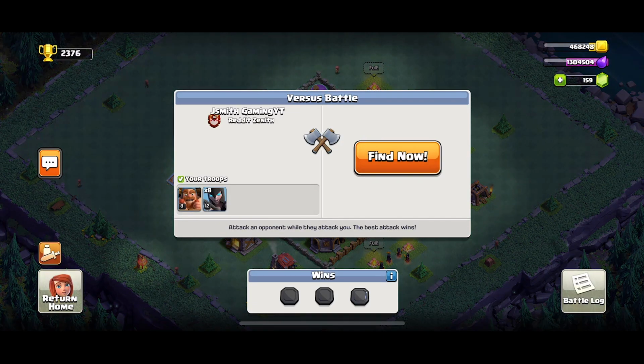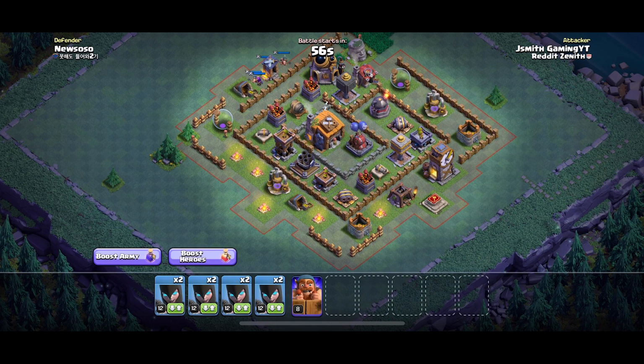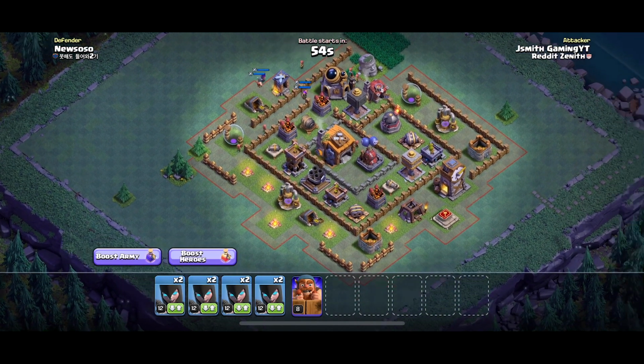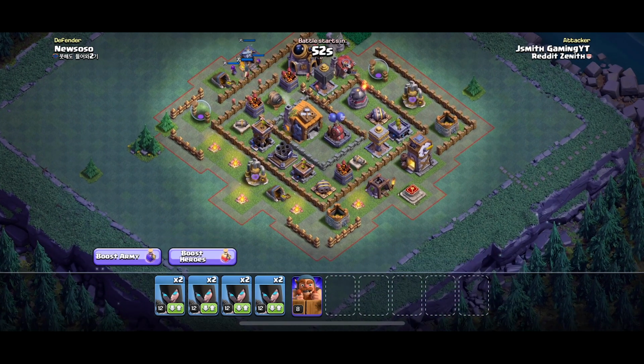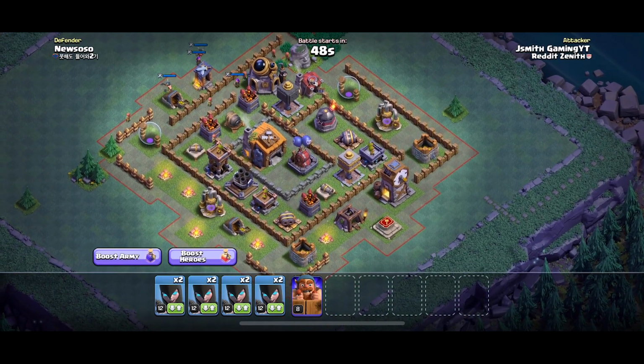Alright, hopefully we can get a 3-star on this one and really just crush this base. I'm hungry for a 3-star right now. But it looks like we're having another unfavorable matchup with just a higher builder hall level. So let's see how this one goes and how we're going to approach this